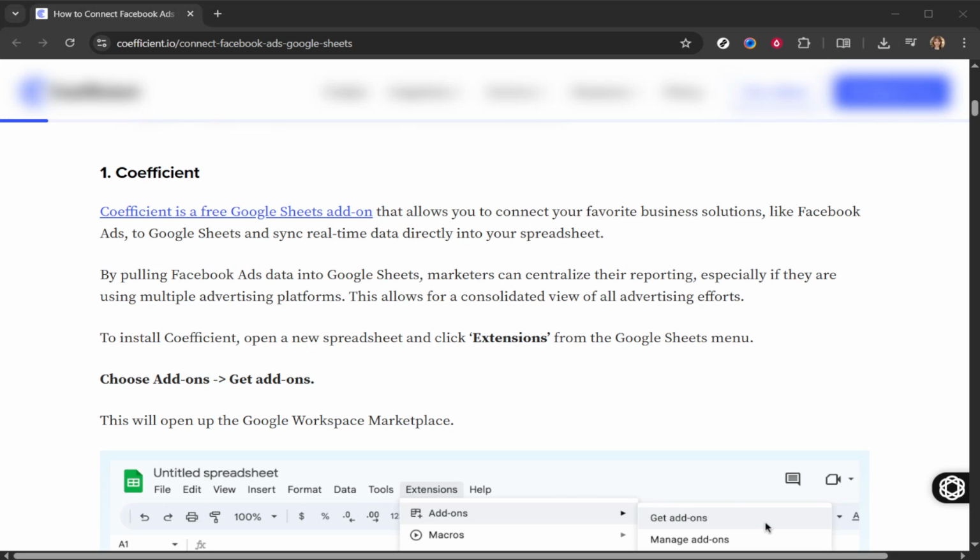In today's video, I'm going to teach you how to connect Facebook lead ads to Google Sheets. This process allows marketers to streamline their data management by syncing real-time data from Facebook lead ads directly into a Google Sheets spreadsheet using the Coefficient add-on. Coefficient is a powerful tool that can help consolidate all advertising efforts, especially for those using multiple platforms, enabling easier